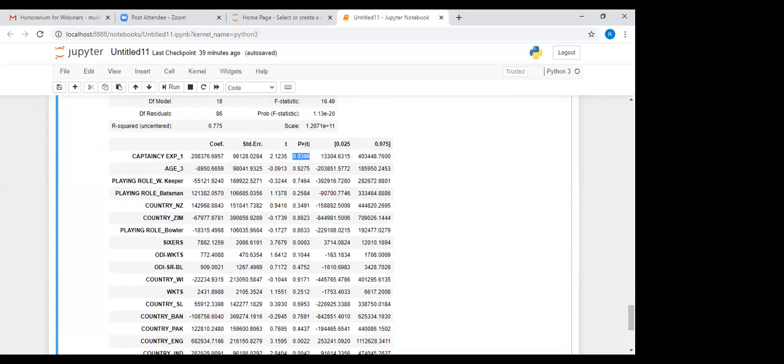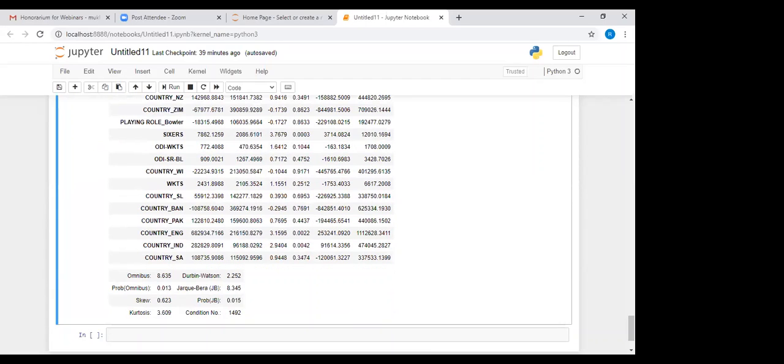So after removing multicollinearity, the variables which are significant will be used to train the model. We will remove all the other variables and only keep these 4 variables to train the model.